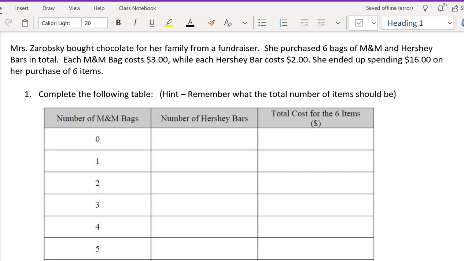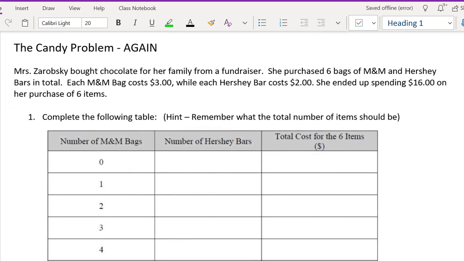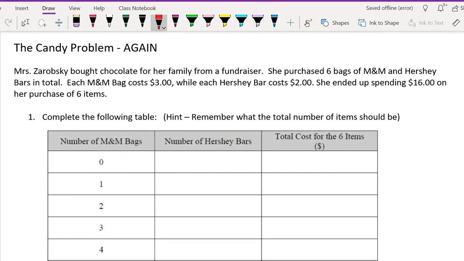All right, so Mrs. Zarobsky bought chocolate from her family from a fundraiser. She purchased 6 bags of M&M and Hershey bars in total. Okay, so one thing that's really important is recognizing key information. Okay, so I have 6 bags of M&Ms and Hershey bars in total. Each M&M bag costs $3, while each Hershey bar costs $2. And she ended up spending $16 on her purchase of